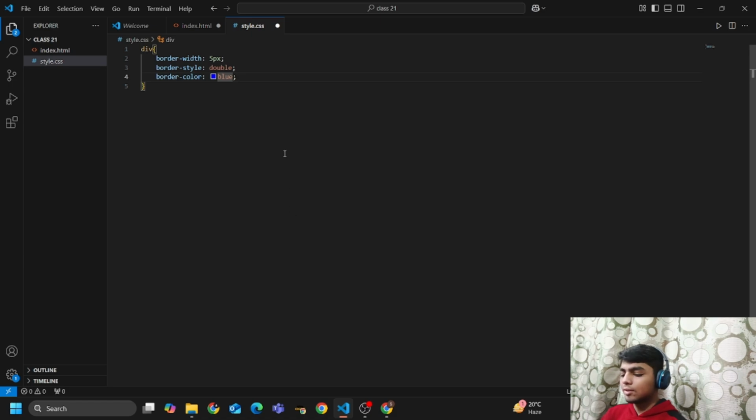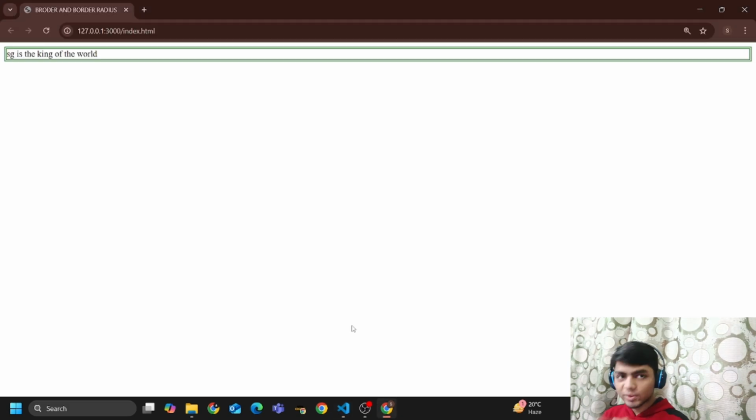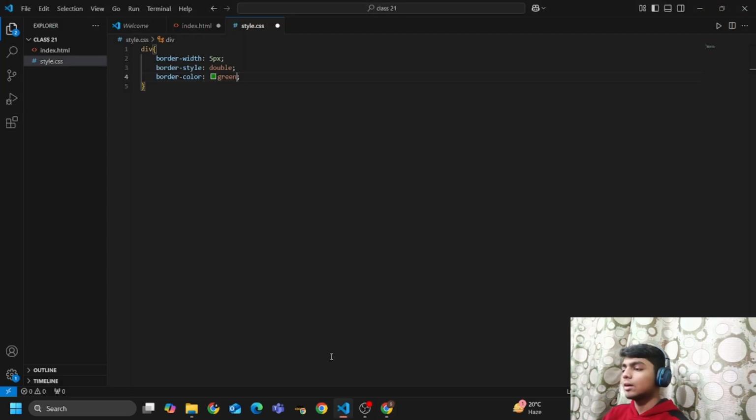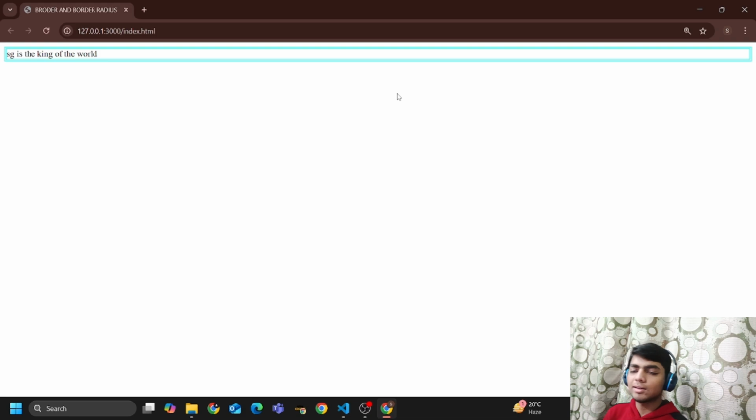And if I write green, then my border is green in color with 5 pixels of width and the border style is double. And if I write aqua and preview this, you will see that my border color is aqua with 5 pixels of width and style double.